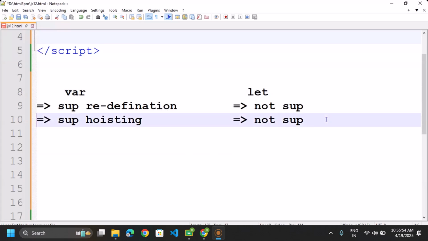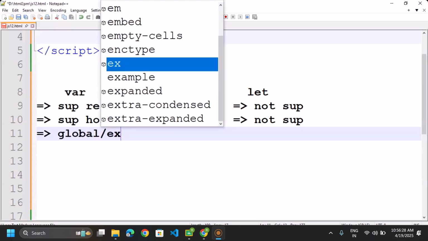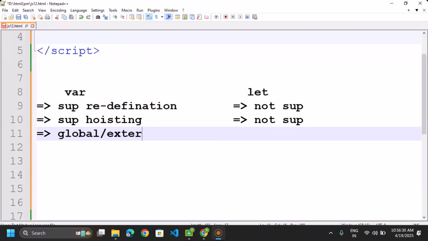Next one. The preferable areas, I'm suggesting. It's not compulsory to follow, I'm just giving the suggestion only. Actually, you can use var in any place and you can use let also in any place, no objections, either local or global or block level or whatever it may be. But we have some suggestions as per good coding. So for var, in which places is it suggestible to use, sir? One is global declarations as well as the external declarations. In these two places, we can prefer var,